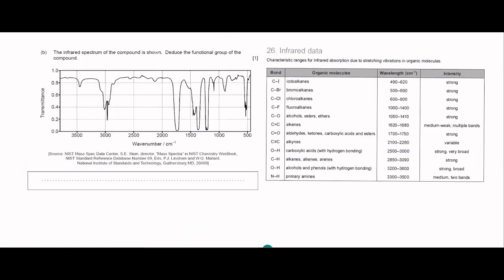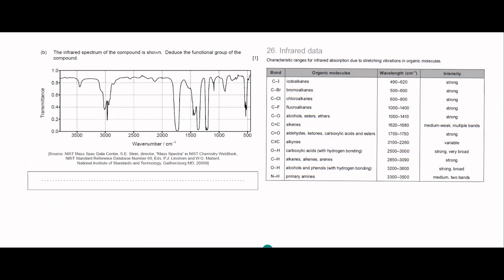So before moving ahead to the next question, let's see the marking scheme. This is the marking scheme. You can have a look to see how the marking scheme has been provided for the part we have discussed just now. Just have a look here by pausing the video. So if you're ready, let's move on to part B. This is part B. You may again pause the video and read the question.